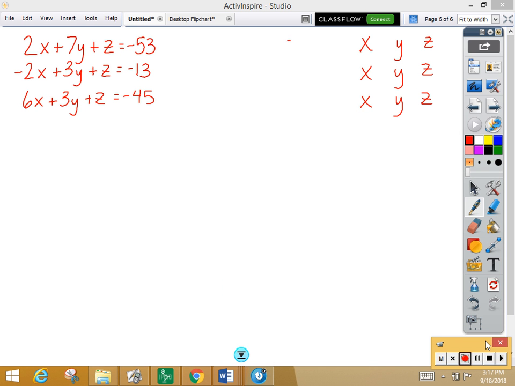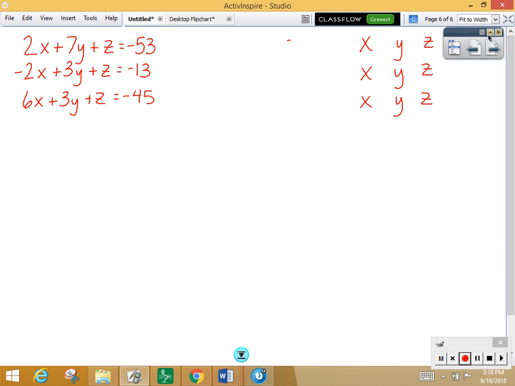Okay, so this time we are going to solve a system of 3 equations in 3 variables using substitution. Now, of course, substitution means to substitute something of equal value. So we need to know what something equals in order to substitute. So what I'm going to do is look at one of these equations, and I'm going to